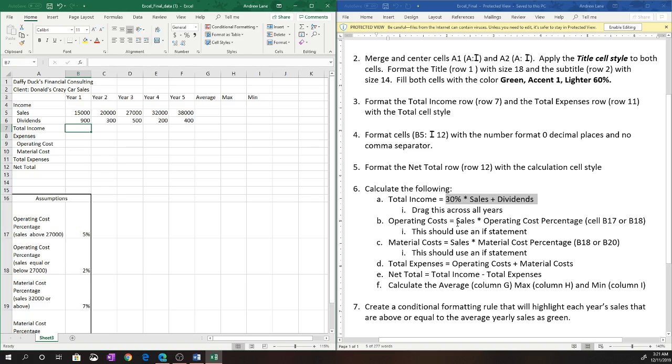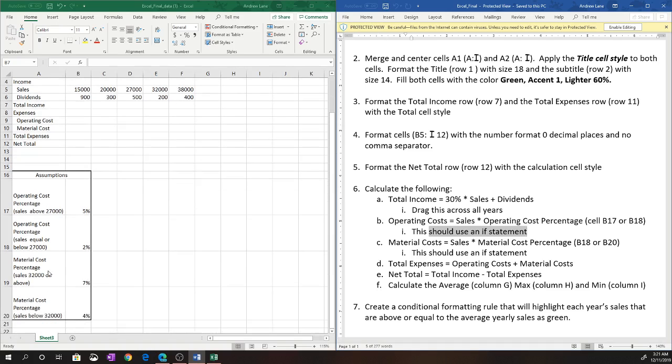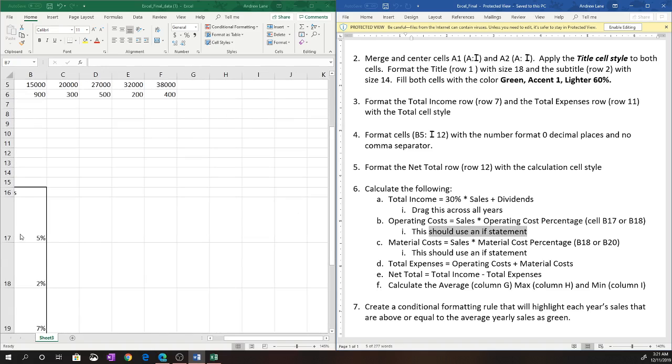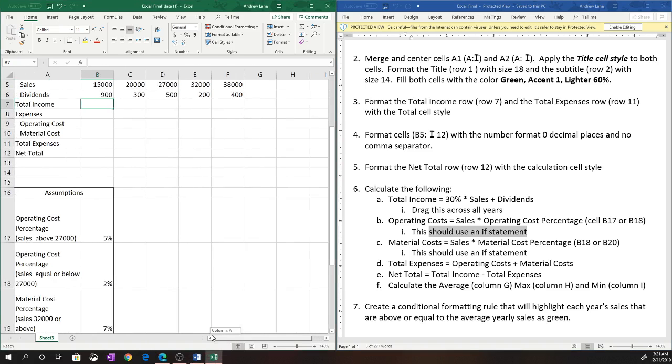Next is the operating cost. And you'll notice that the operating cost has a formula, but it uses something special. It uses an if statement because if you look at our sheet right down here, there are a couple of assumptions. What the assumptions are saying is you have a percentage if your operating cost is above 27,000, and you have a percentage if your operating cost is equal to or below 27,000, right? So you're going to look at your operating cost,